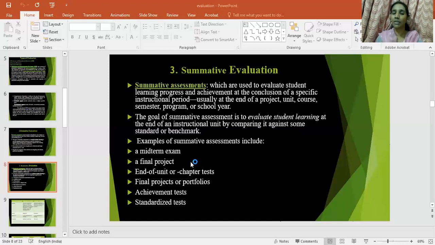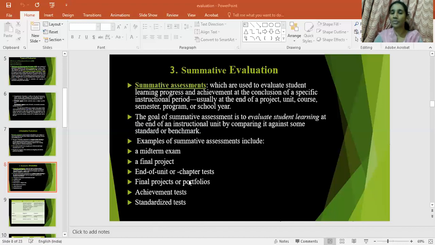And midterm exam means, in school, the 4 or 6 months of syllabus they are going to cover in the midterm exam. That also comes under the summative evaluation. A final project, that is what the final exam means. The whole year's questions will come in that, finishing the full subject, not only the chapters or units. A teacher has to finish the full paper. So that is what a final exam is.